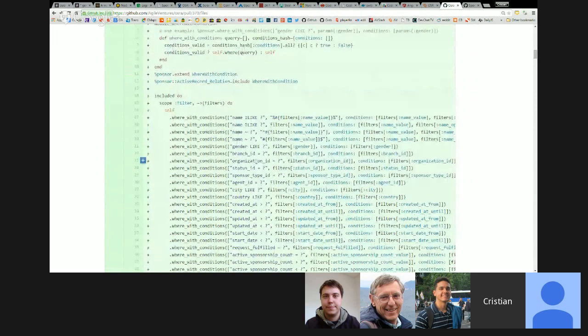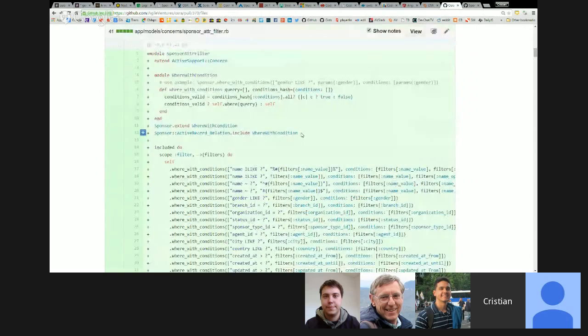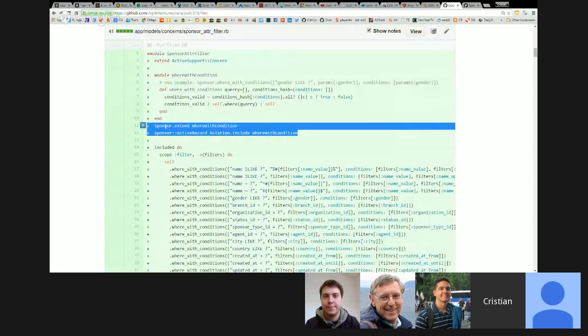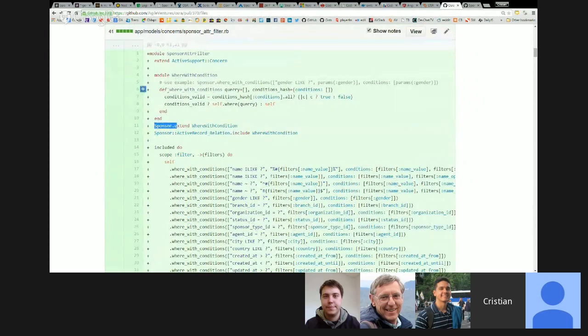Okay, I get it. But what I'm not sure about is that I did some monkey patching on these two classes here. I added this method on these two classes, and I'm not sure if this is the best approach or not. But I guess if we are gonna use this function where with conditions in other filters or other functionality, you may use it. I mean, if you are gonna use them a lot,